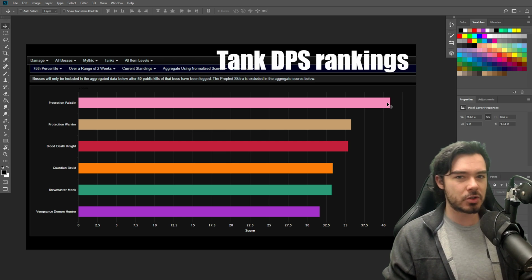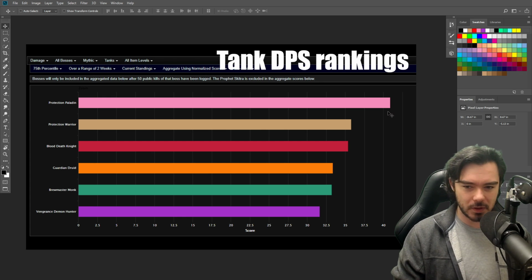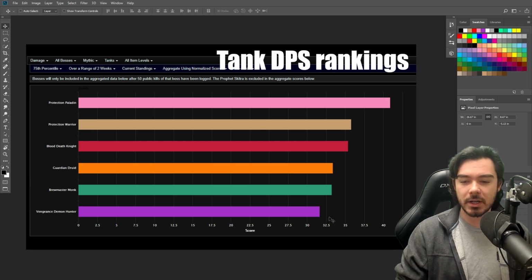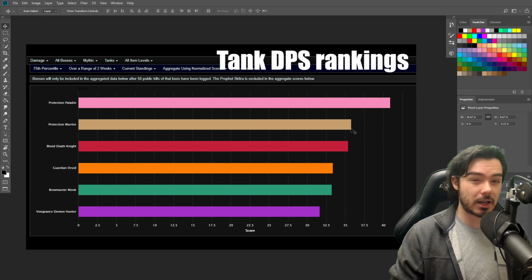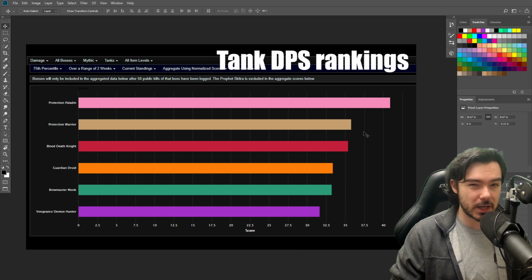The Protection Paladin is just churning out lots and lots of damage. They are absolutely crushing those damage meters. Vengeance is certainly, the Demon Hunter is lagging a bit behind. I think they're quite good in AoE damage, but in single target damage, they're really quite far behind the other specs. So yeah, that's what the damage is looking like for the tanks. So fairly balanced really across the board. Just Prot Paladin really stands out